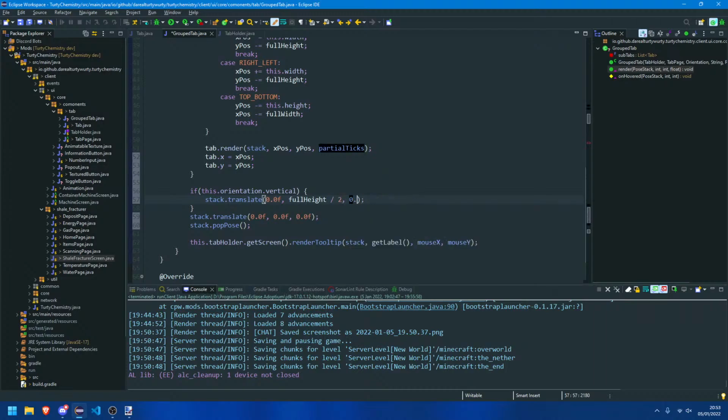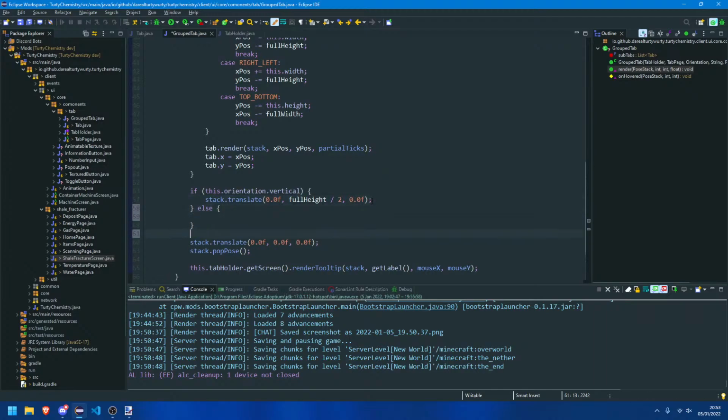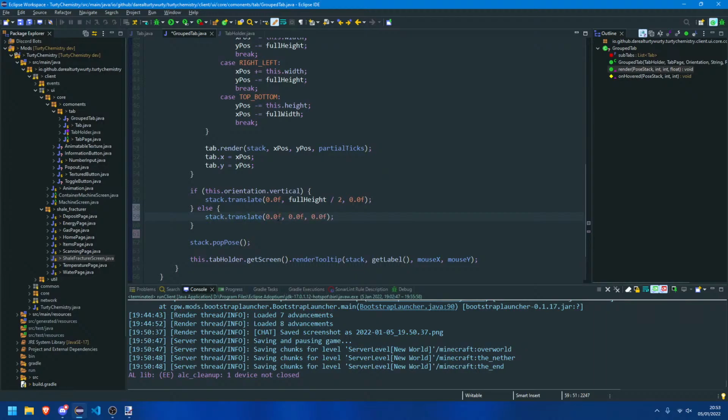And we don't want to translate the z, else, this probably isn't right, but oh well, else we want to translate the full width divided by 2. Is that right? I feel like that can't be right, but